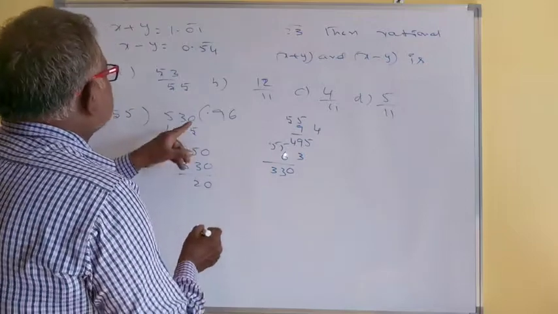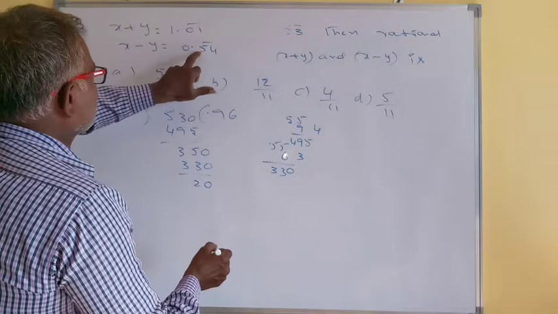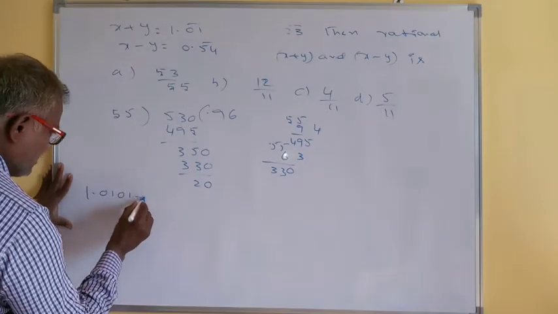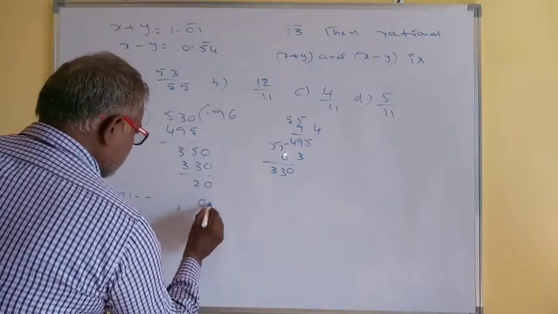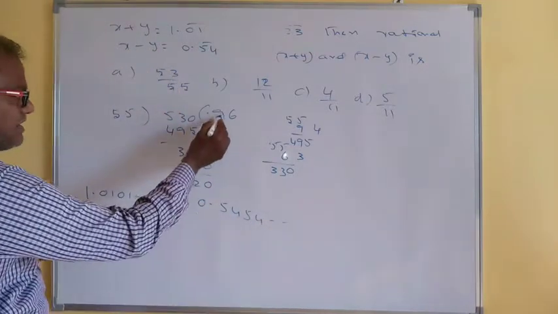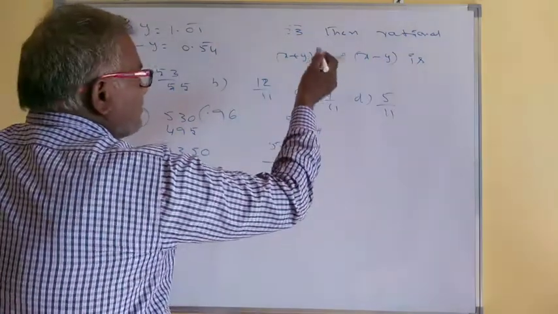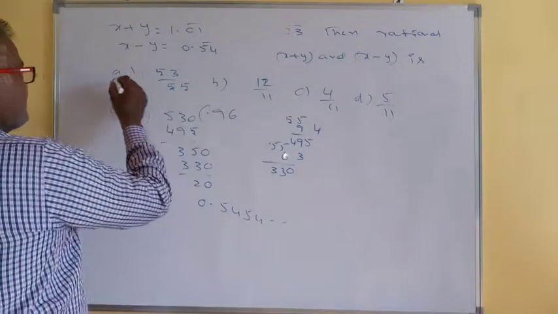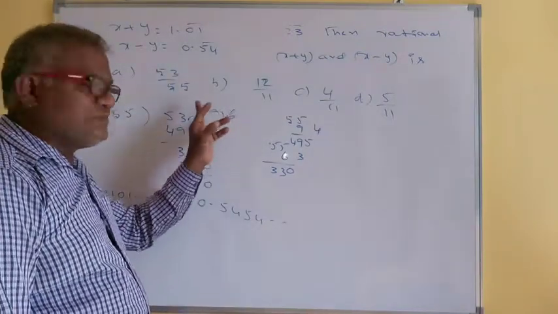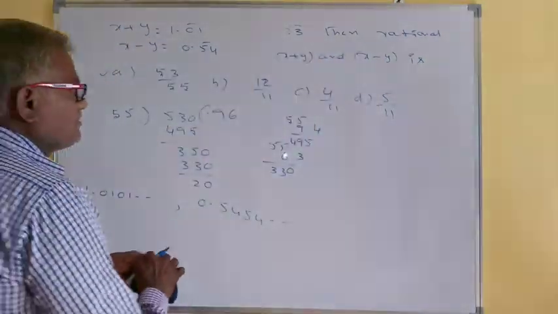Like this. That means clearly this is nothing but 1.01, and this is nothing but 0.4. Here clearly 1.0101 like this, and this value is 0.4 like this. That means clearly this value lies between this one. So our rational number lies between. So this is the correct one. Here this value lies between that one. Let us check other options also. Let us check one by one.